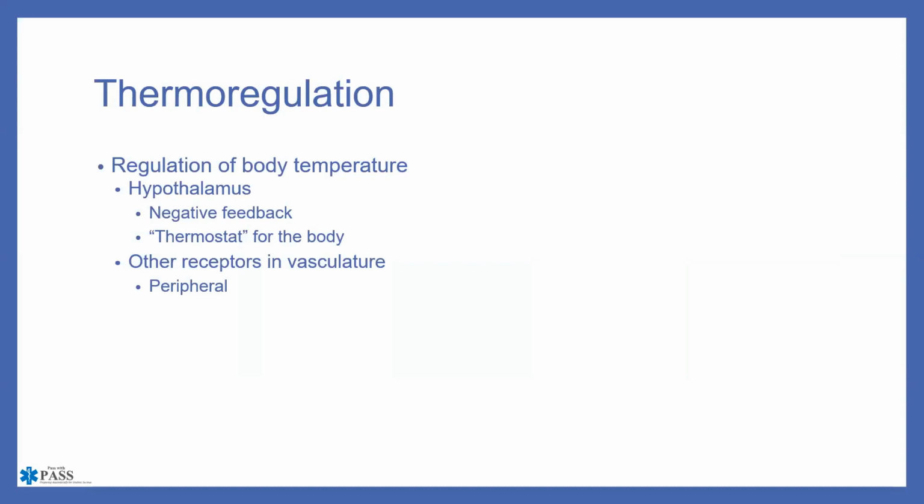So the other way that we do this, in addition to the hypothalamus, is we have those peripheral blood vessels that cause vasoconstriction and vasodilation. And we really never think about it at that level. We just say, oh my gosh, it's hot, I'm sweating, or I'm cold, I need to warm up, right? Well, this is all done through the hypothalamus, and it's also done through the peripheral vessels causing vasoconstriction or